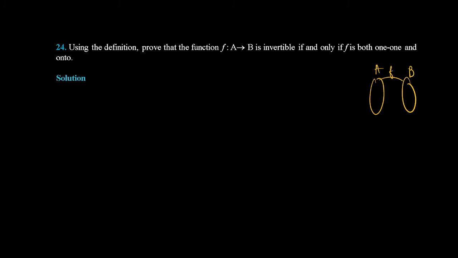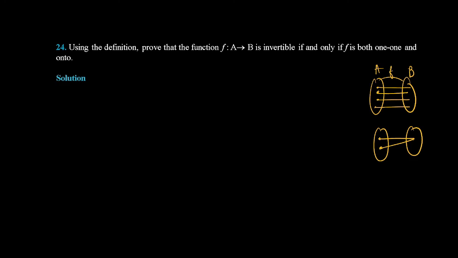Okay, so function is 1-1 and onto, right? 1-1 means every element should have only one image. Every element should be associated with a distinct element of the other set. So suppose I'm not taking 1-1 but I'm considering my function as a many-one function. Many-one means this is not a 1-1 function. Okay, so अगर ये many one function हो गया,